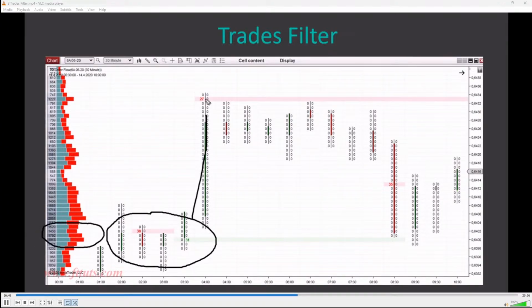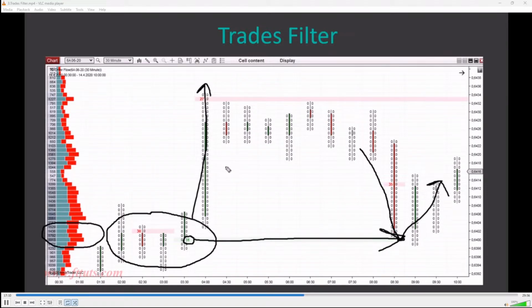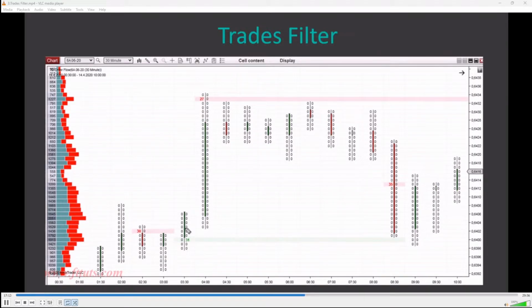Then the price shot upwards, and those guys who entered their 31 contracts in here were defending their buying positions when the price hit this level again. This is the reaction. Those guys were defending their buying positions, all right? Now you can also notice this 30 contracts on the bid side, and I would say that this was most likely a limit order to enter a buy. So this was probably a limit order